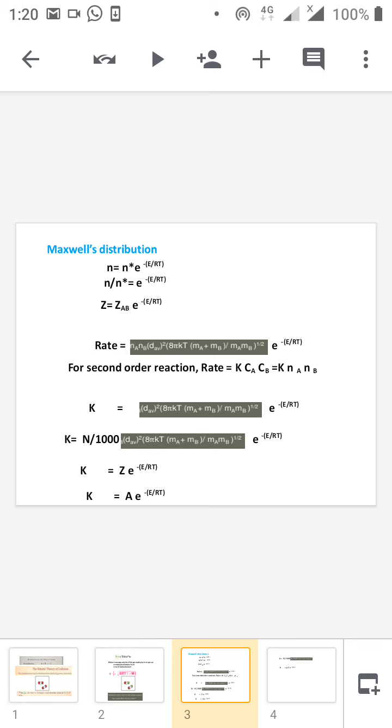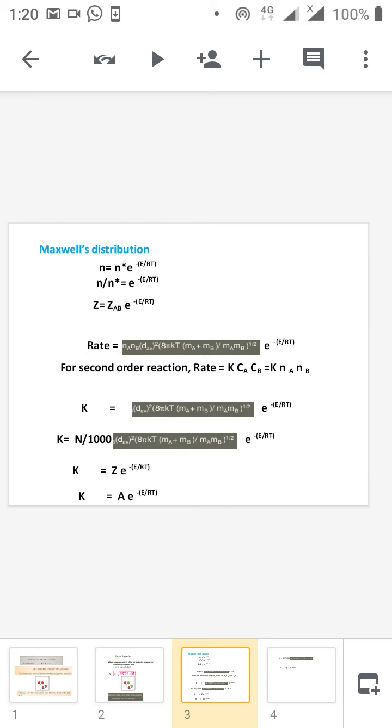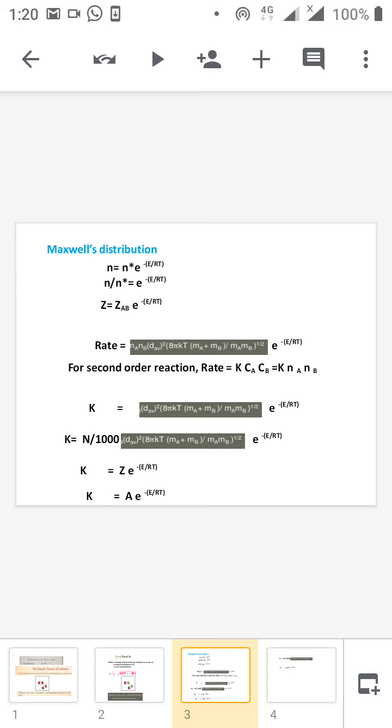So instead of this n, we can substitute Z, because Z is the number of bimolecular collisions per centimeter cube per second at T temperature, and instead of n star we can substitute ZAB and e to the power EA by RT. So the rate is equal to ZAB into e to the power minus E by RT, because rate depends upon the number of bimolecular collisions per centimeter cube. That's why we can equate ZAB into e to the power minus E by RT to rate. Then,